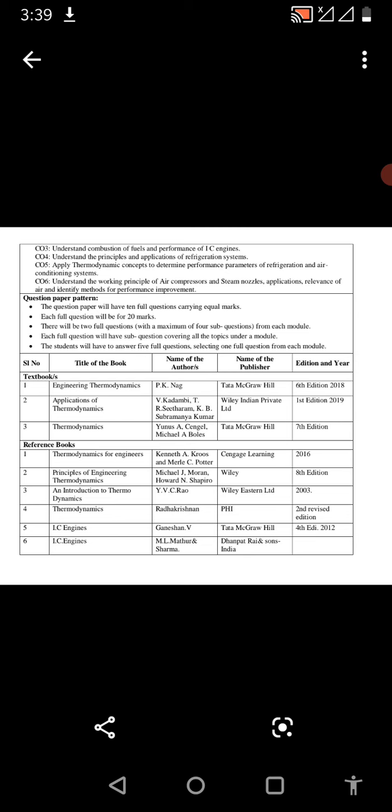And you have got a very real life application book called Yunus Cengel and Michael Boles. A very excellent book from understanding the concepts point of view. Tata McGraw-Hill Publications. And reference books you have got IC Engines by Ganesan, IC Engines by Mathur and Sharma, Thermodynamics by Radhakrishnan, Introduction to Thermodynamics by V.C. Rao,